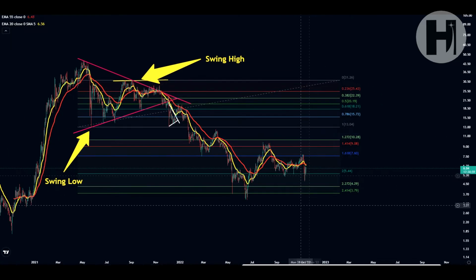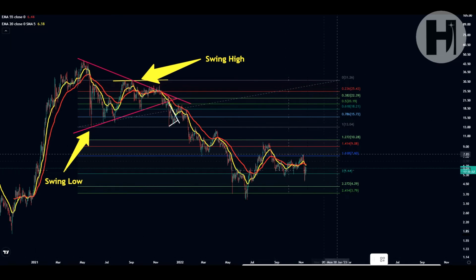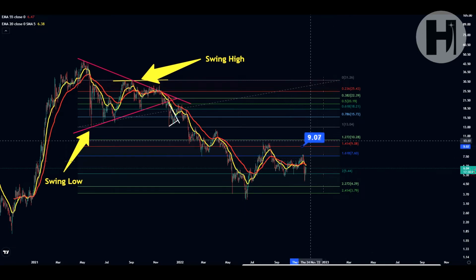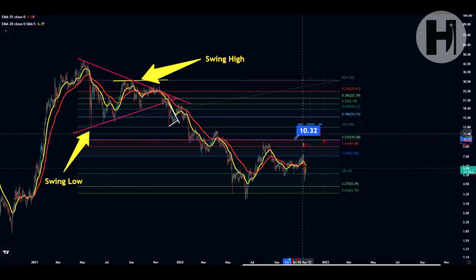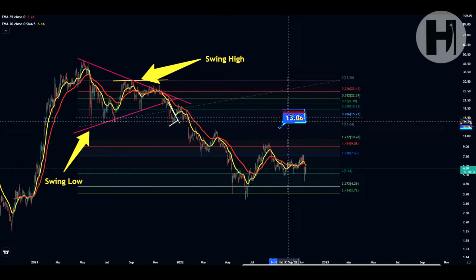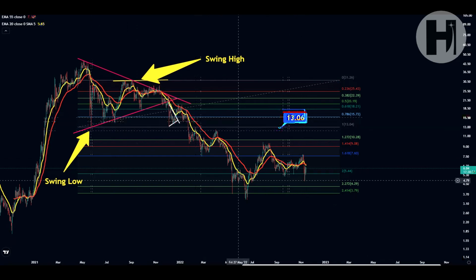That's all. And if you want some local resistance levels and you simply want to enter for a quick short-term swing trade or quick take profit, then $7.60, great area, $9.10, and you have $10.28, and then you have this swing high here at $12.75, and obviously the swing low, I should say, of the Fibonacci retracement at